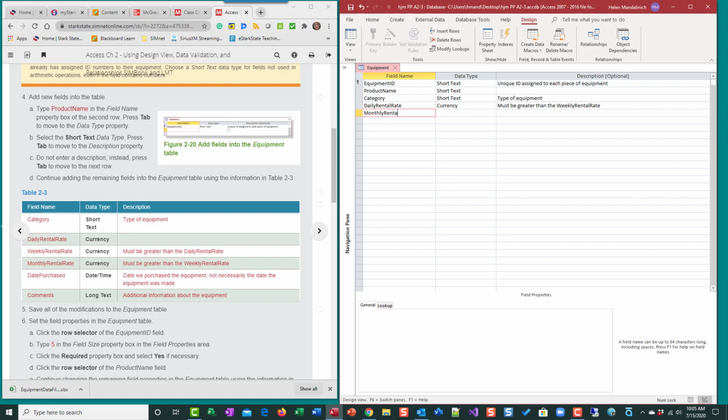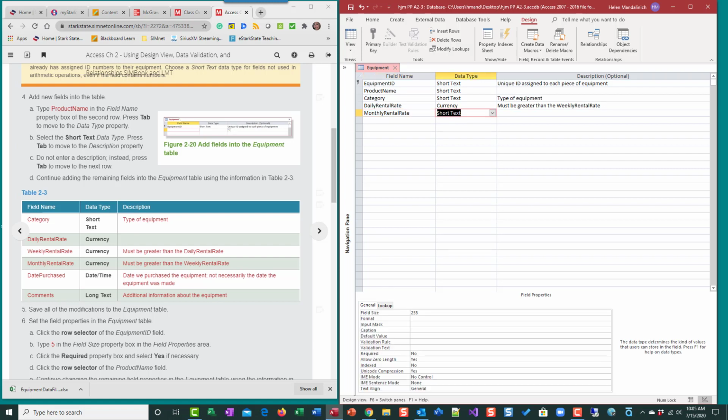Weekly rental rate, tab. C for currency, must be greater than... Oh, I messed up. This should not be monthly, it should be weekly. Weekly rental rate must be greater than